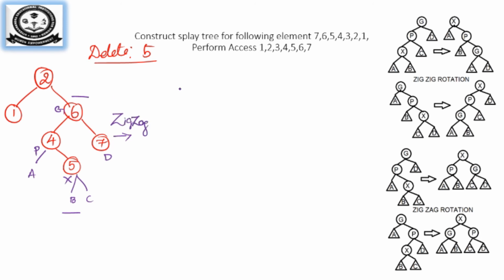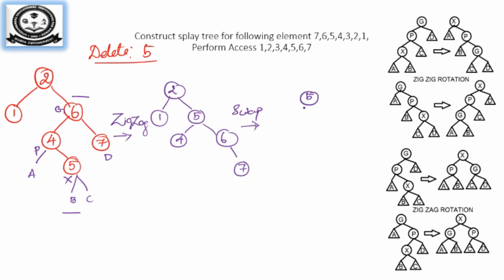So the rest of the diagram is the same. So you will have 2, 1. Okay, so now if you rotate, you will have 5, 4, 6. I don't have A, B, or C, I have only D. So 7 will be here. Still 5 has not reached the root node, so you will just swap with the root node. So you will have 5, 2, 1.